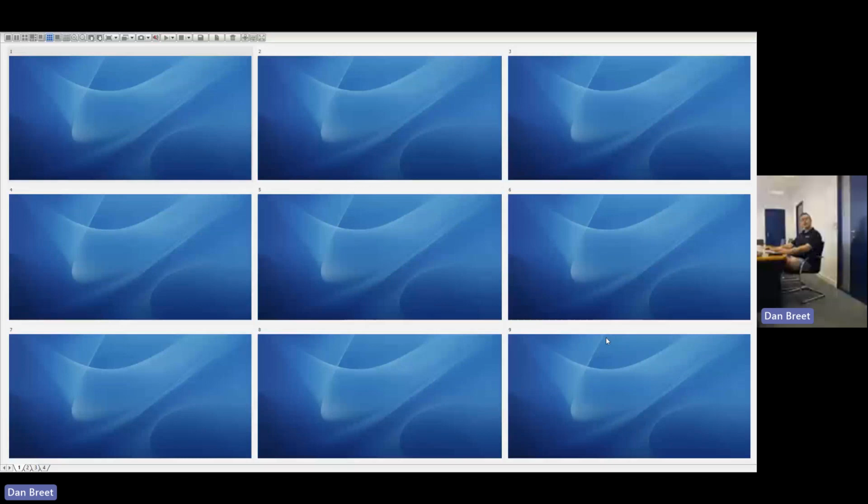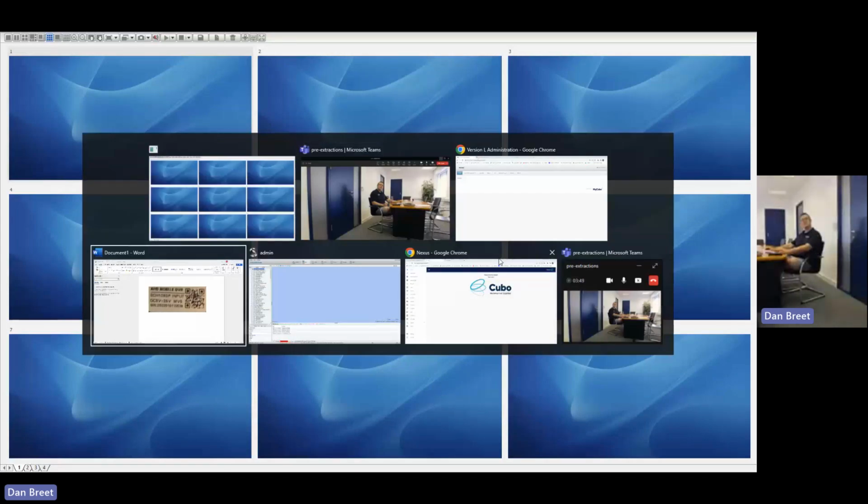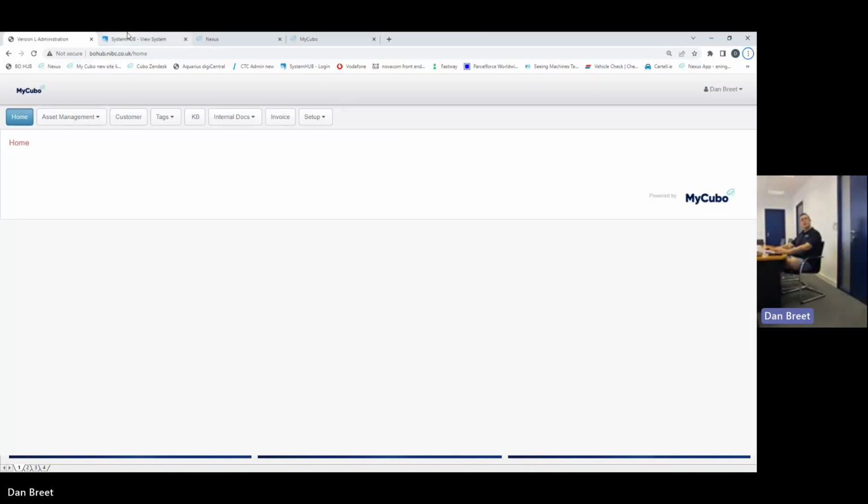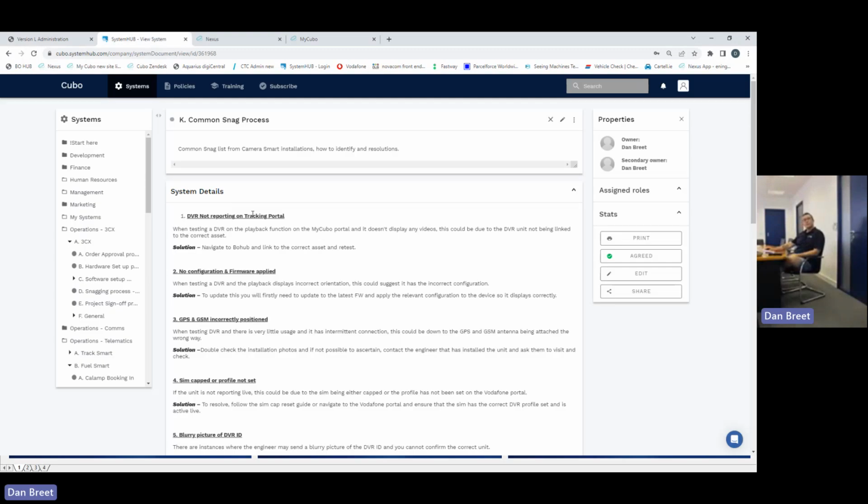Talk through some of the most common snag issues you might find with a Camera Smart Pro installation, and talk through the guide and describe what you might find whenever you're testing something. So just looking through System Hub, the first one you might find on the listing is the PVR isn't reporting